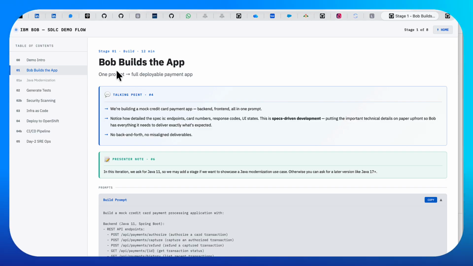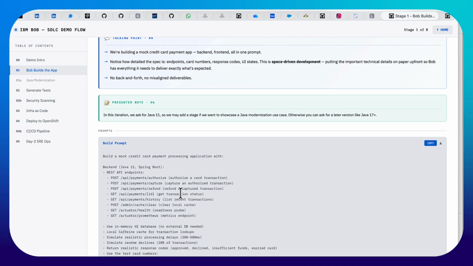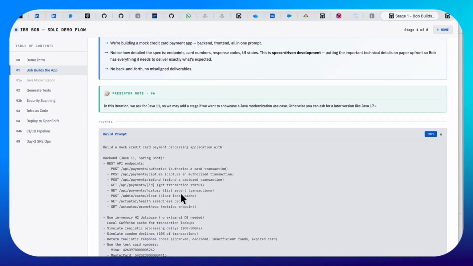Basically, Bob is going to build an app starting from one prompt to a fully deployable payment application. So what we are going to build is a credit card payment app, and we are not going to just do prompt-based vibe coding. We are basically going to do end-to-end app development, which includes the backend, front end, everything all in one